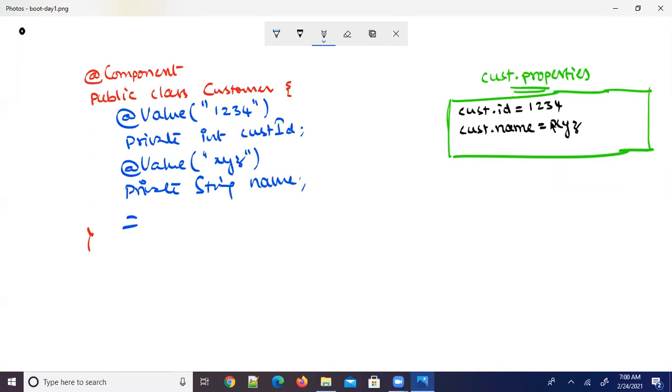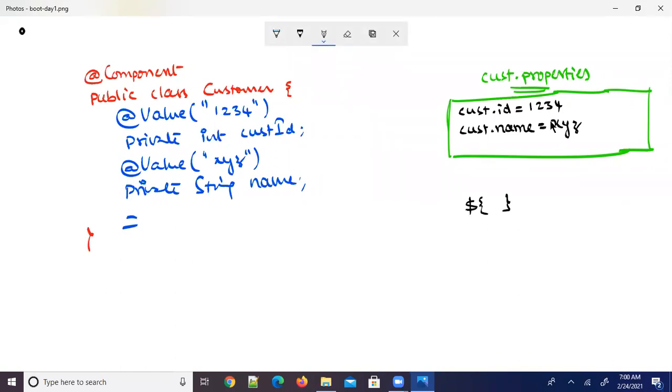So how? To the @value annotation, you need to pass a placeholder variable as a value. Placeholder variables are written within dollar and curly braces. They are called placeholders.